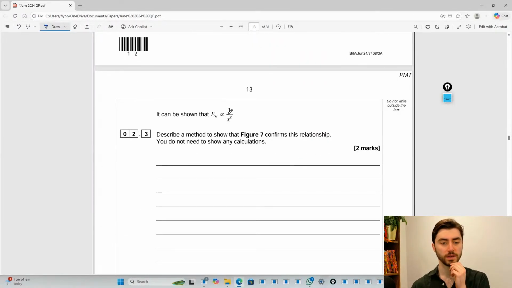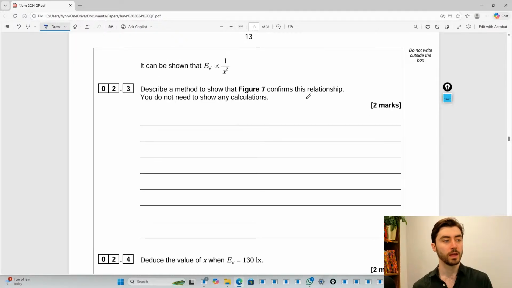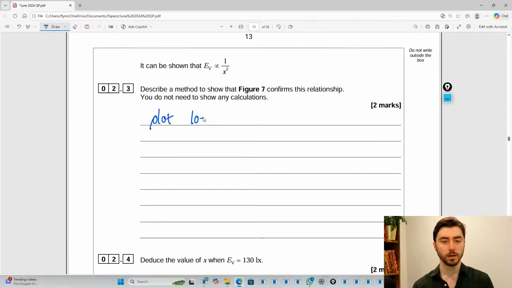It can be shown that EV is proportional to 1 over x. How would you confirm this relationship? This is a classic. So the way to confirm this is, if you plot log EV against log x, it should be a straight line